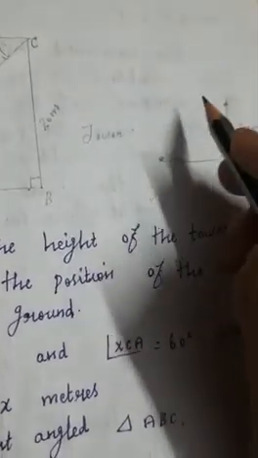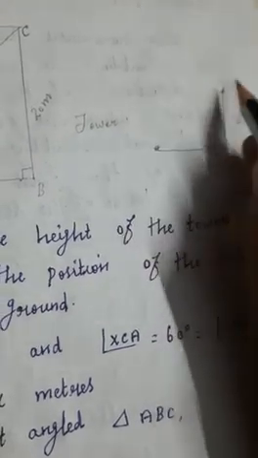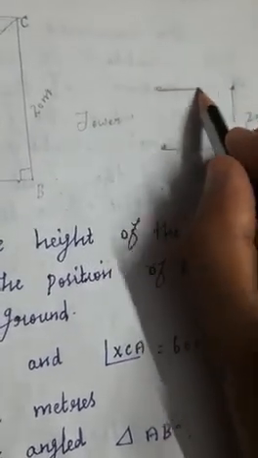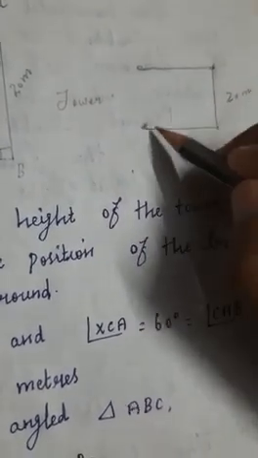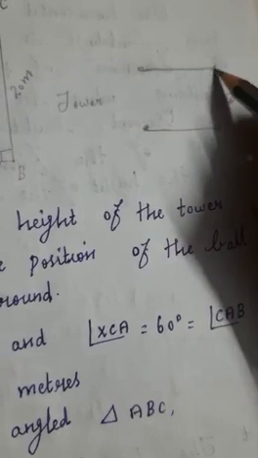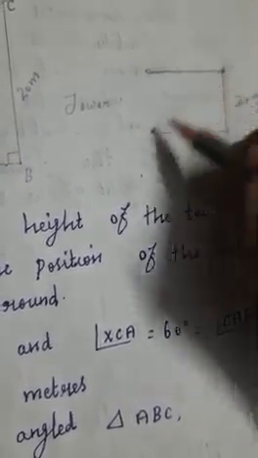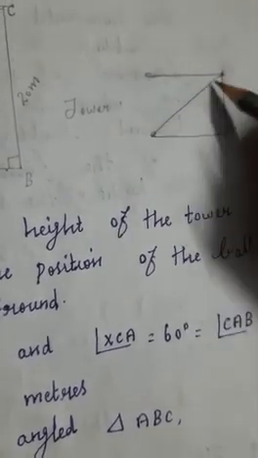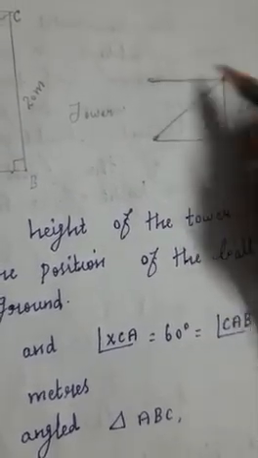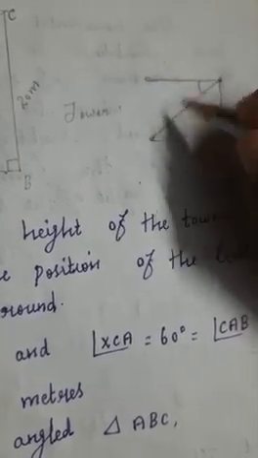So horizontal line how will you draw? A player is sitting on the top of a tower. When he looks at right, this line is the horizontal line. Okay, after the line of sight how will you draw? So the line drawn from the eye of the observer to the point where he is looking. Now he is looking at the bottom only, looking at the ball only. Okay, so this is the line of sight. This is the horizontal line. In between only the angle will form. In which degree angle he looks at the bottom?